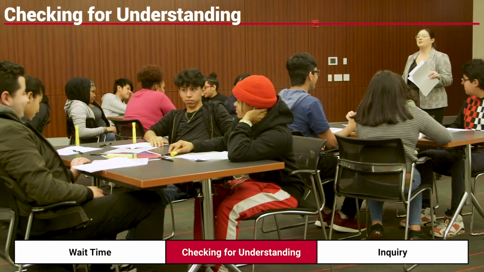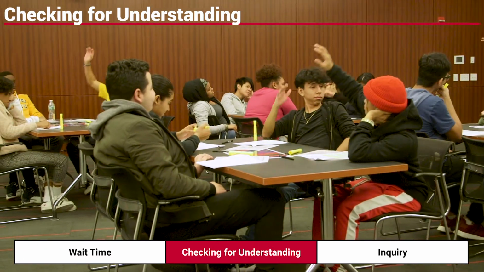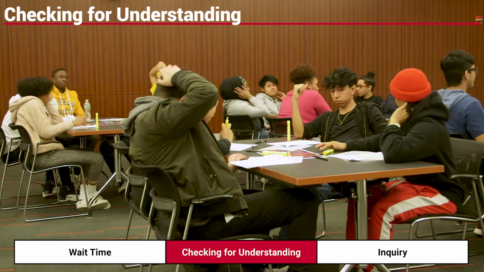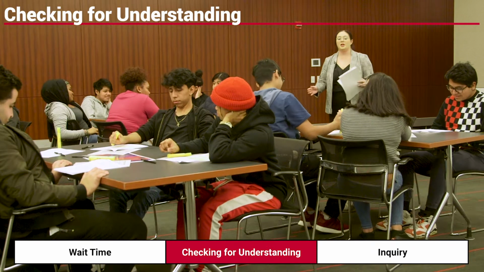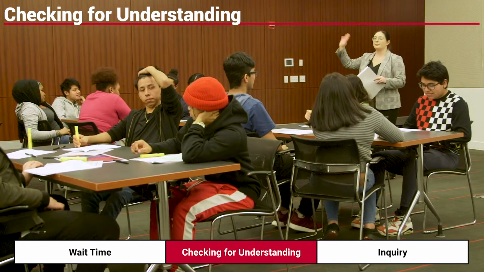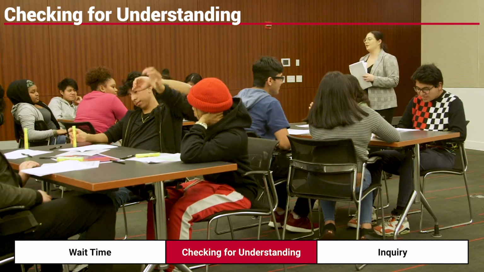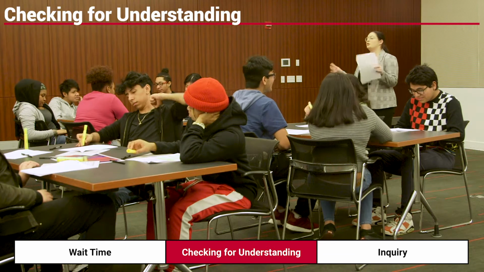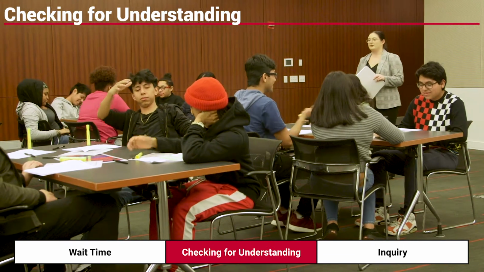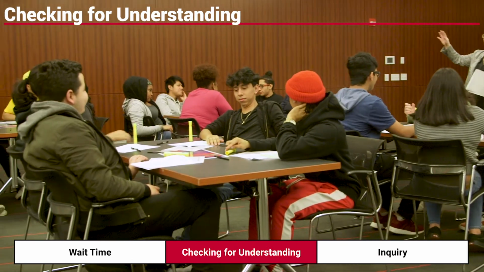Awesome. In this clip, you'll notice that the instructor asks students to raise their hands for the yes team and wave at the wall for the no team. During this time, she can make a quick assessment about whether the students understand the directions and whether they know who their partners are. If a student does not raise his hand, she can go support that student individually. If most of the class does not raise their hands, she knows that she needs to repeat the directions. This allows her to recognize that students understand the directions and are ready to move forward with the lesson.